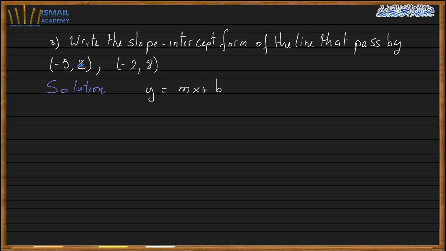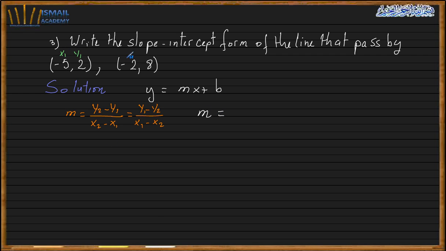First, because I have 2 points, I can get my slope. So I'm going to start with the slope first. I know that the slope is y2 minus y1 over x2 minus x1, or you can choose y1 minus y2 over x1 minus x2. It's the same idea. So m equals,